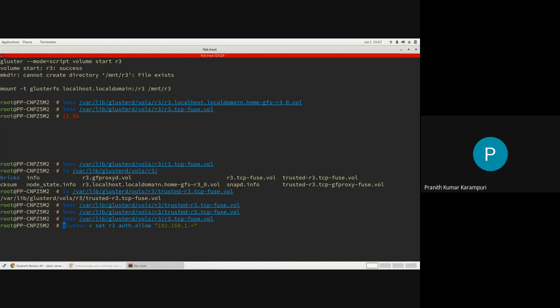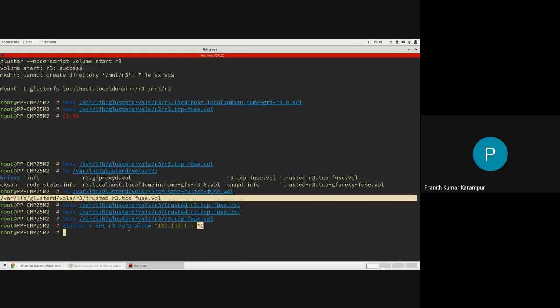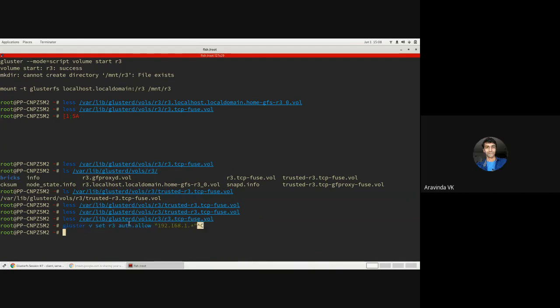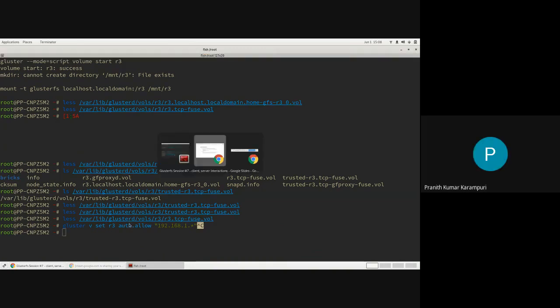Makes sense? Yeah, makes sense. Okay. So server translator will do the authorization for these. So it's okay or not. There probably is a bit more also, but I personally don't remember at the moment if there is anything more. So I know about this username password one. That happens for trusted. For this one, I think it's mostly auth-allow authorized, but maybe we can ask Amar once. Okay. Yeah, I'll look into that GF authenticate function. Yeah. So we'll have to look at that one, I guess.